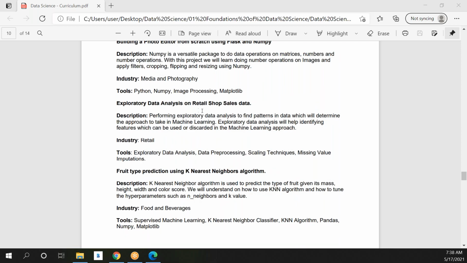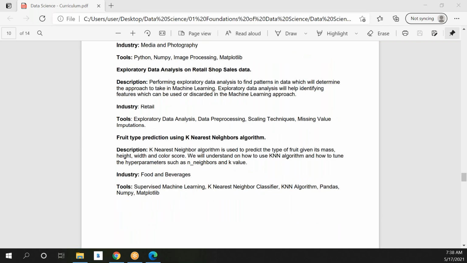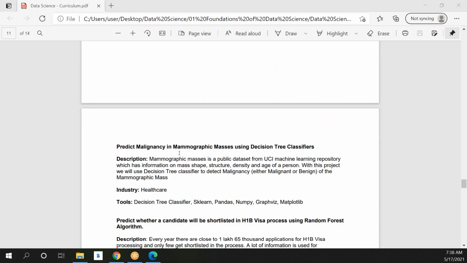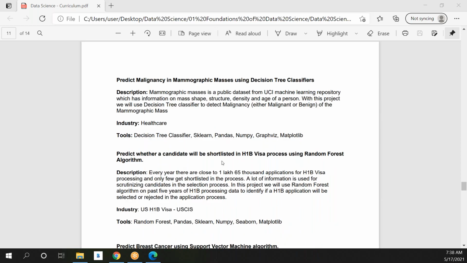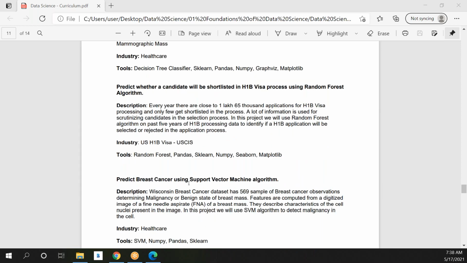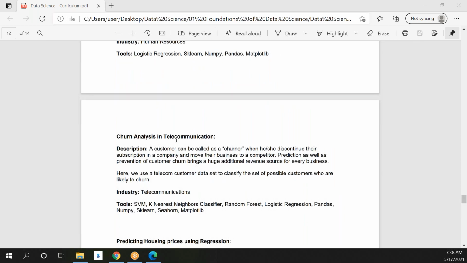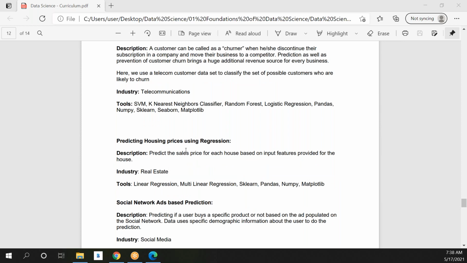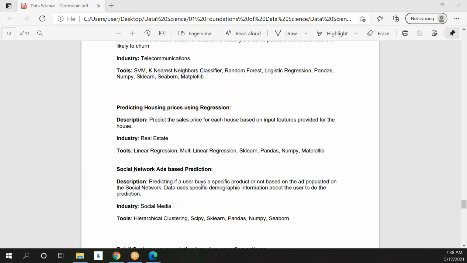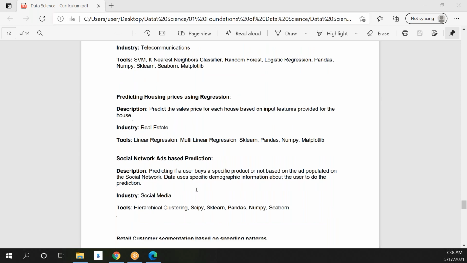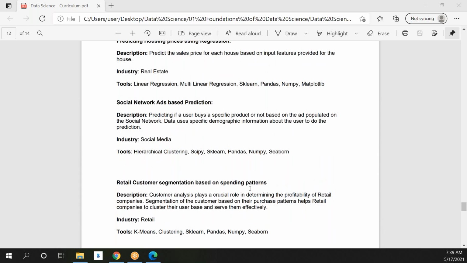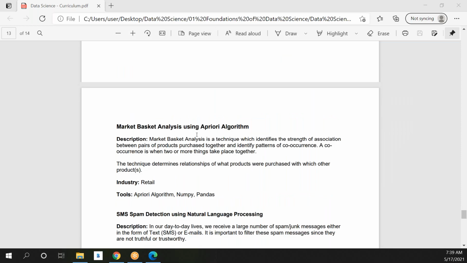Then exploratory data analysis on retail shop sale data, fruit prediction using k-nearest neighbors, predict malignancy in mammographic masses using decision tree classifiers, predict whether a candidate is shortlisted in H-1B visa processing using random forest algorithm, predict breast cancer using support vector machine algorithm, HR analytics for attrition prediction using logistic regression, churn analytics in telecommunication, predicting house prices using linear regression, social network ad predictions, and retail customer segmentation using spending patterns, market basket analysis using Apriori